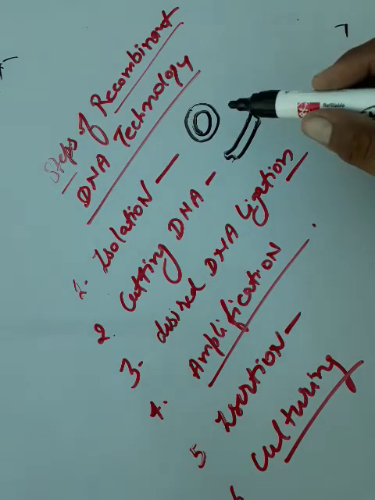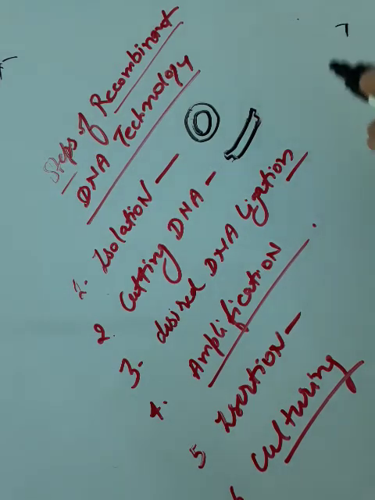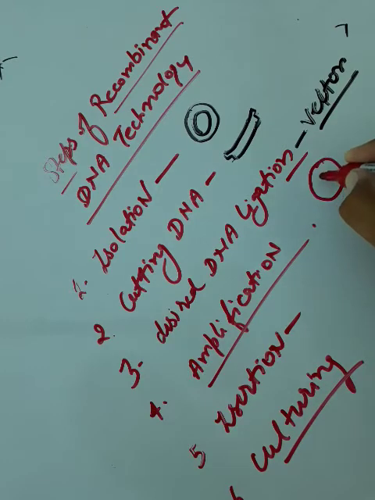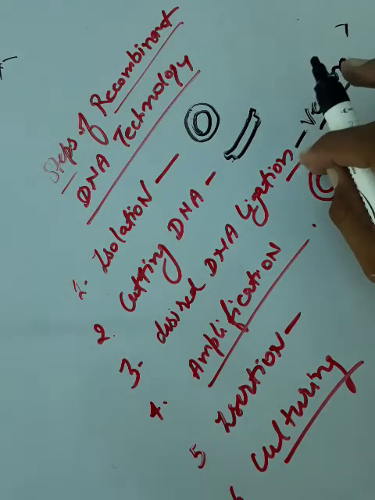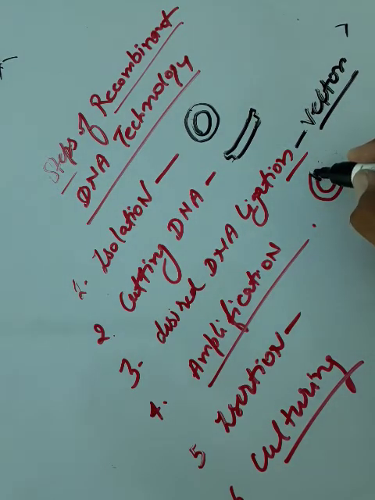After that, we can insert that desired type of DNA into a vector. How will we insert it? For example, it is a vector. It has its own genetic material. With the help of restriction endonuclease, we can cut its genetic material, and after that, we can insert the desired DNA